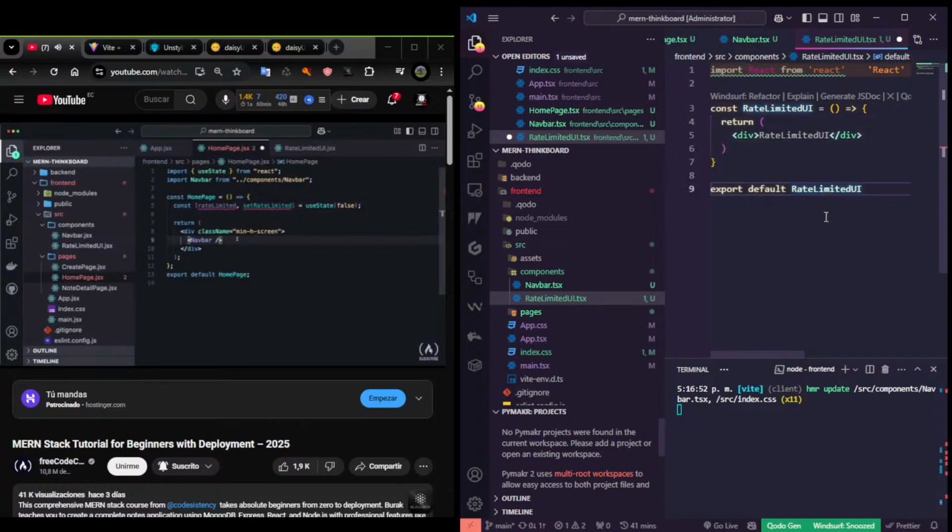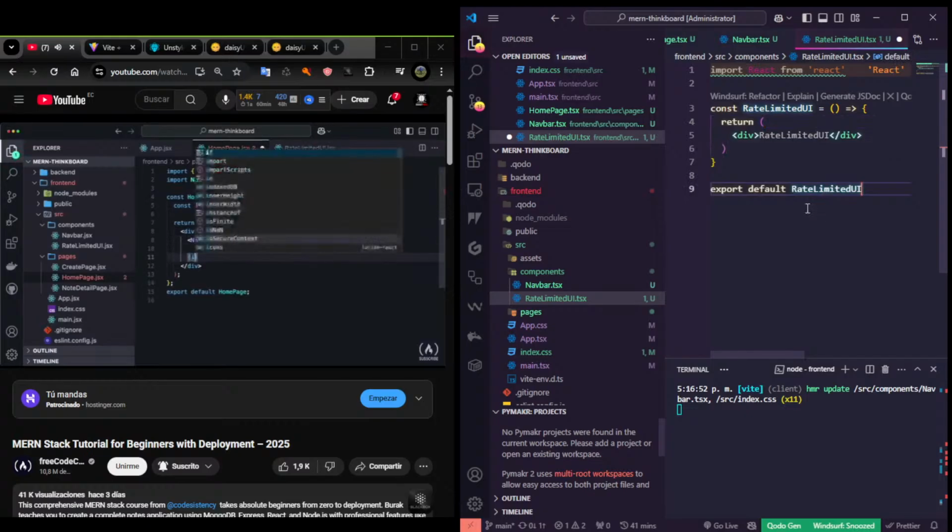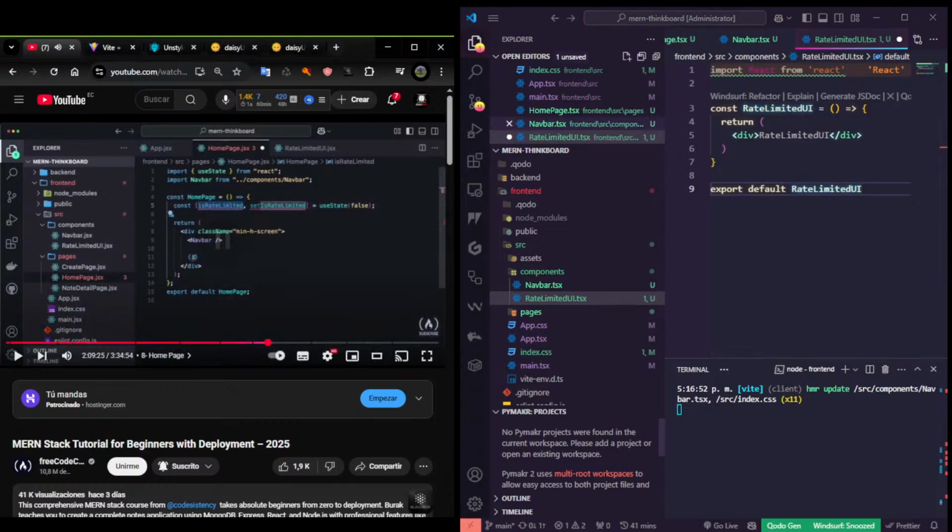Okay, so basically after the navbar I'll say if we are rate limited, and let's even say isRateLimited, so we can understand this is a boolean. Okay, so I'll say if isRateLimited, just